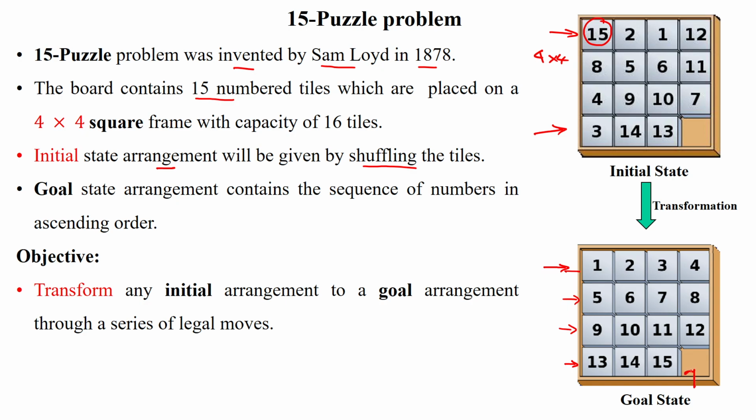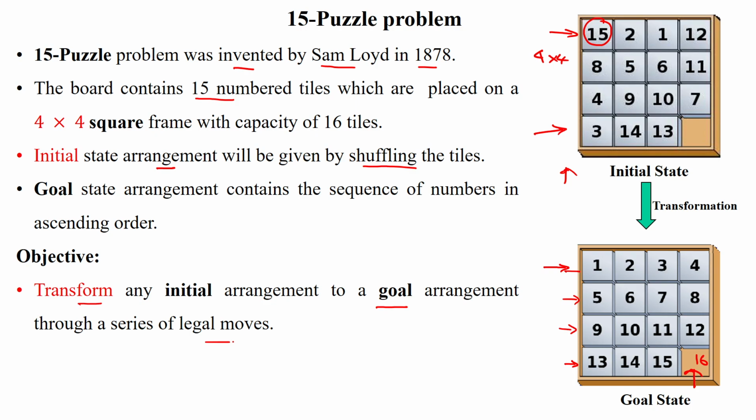The empty slot should be at the last, so this is numbered as 16, right? So the objective of this puzzle is to transform any given initial arrangement to the goal arrangement